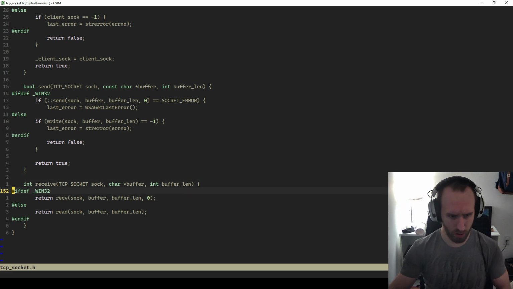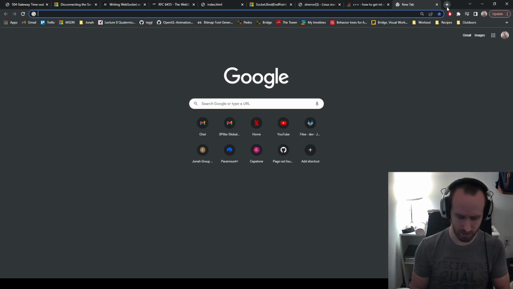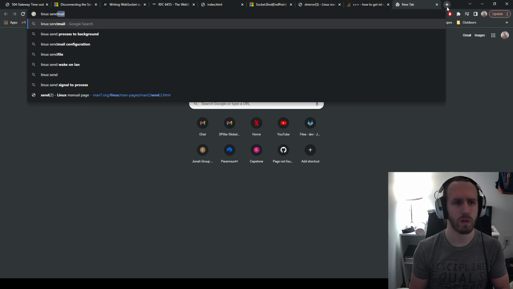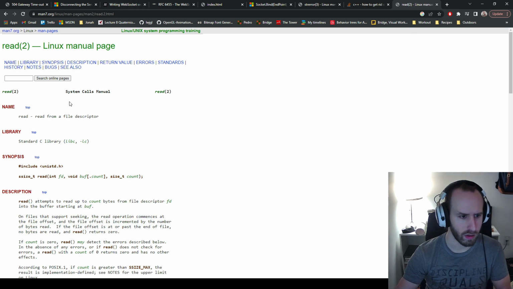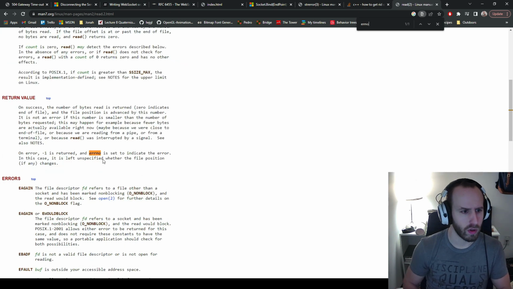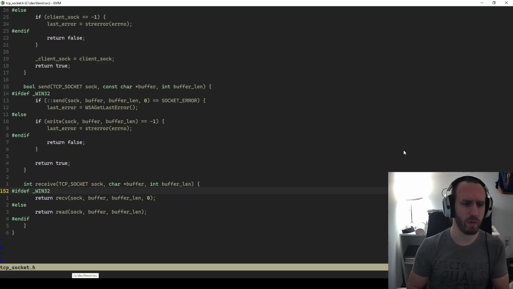So, okay. Need to look up something here. Let me read. On error, -1 is returned, and error number set to indicate the error. So we can do that. Okay. So read on success, the number of bytes returned. 0 indicates end of file, or for the socket, I mean the connection was closed. I think we can still assume that. So I think we can still say